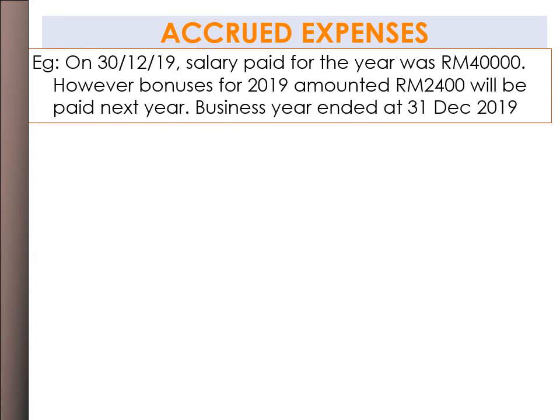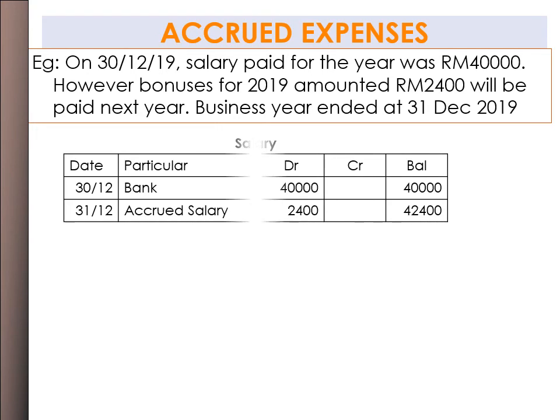Okay, then let's have a look at the accrued expenses example. On 30th December 2019, salary has been paid. You already paid your employee 40,000 ringgit. However, there is a bonus for 2019 amounting to 2,400 ringgit that will be paid next year. So when you have an accounting year end at 31st December 2019, you have 2,400 ringgit